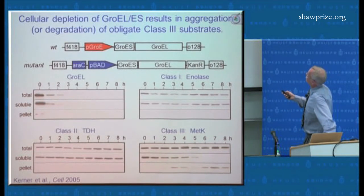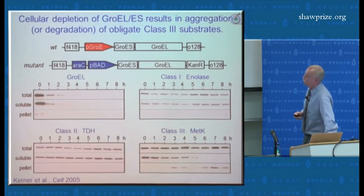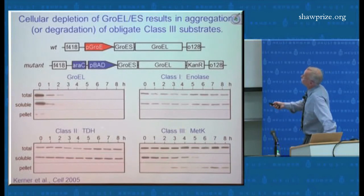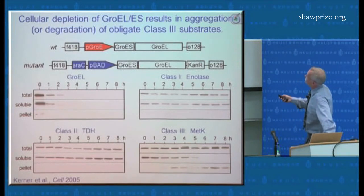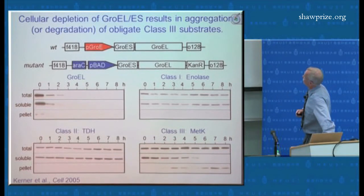The enolase is a very abundant protein, and we find this protein only interacting with GroEL because it is so abundant. Proteins like TDH, which belong to class 2 and which are highly chaperone dependent, however, can use either the GroEL system or the Hsp70 for folding. Again, these proteins are unaffected when we deplete GroEL, but an obligate class 3 protein such as METK or DAPA